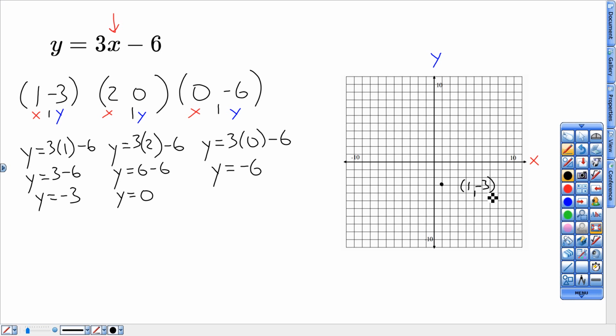If I was to plot 2, 0, that would be right here. And of course, if I did this right, the third point should be on a straight line, 0, negative 6 down here. If you do these right, the points will always be a straight line. Every point on this line is a solution to that equation. Any point on this line, I could plug in for x and y, and it will satisfy and give me